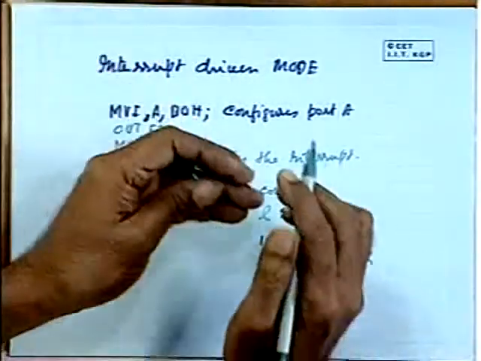So, viewers, today we have discussed the use of 8255 as an input port, as an output port, and how it can be configured in mode 0 and mode 1, and we have illustrated with the help of an example how it can perform data transfer in asynchronous mode and interrupt driven mode. That is not the end of the story. The 8255 can do something more, which we shall discuss in the next lecture. Thank you.